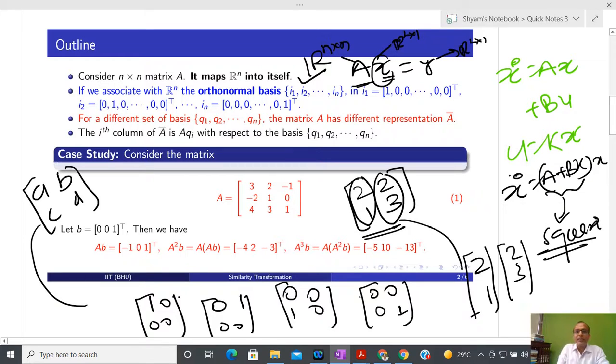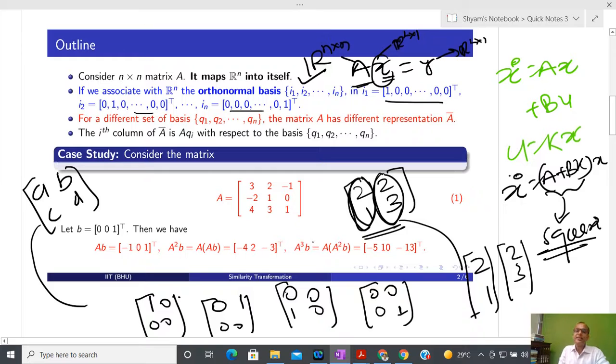Okay, so due to that reason, associated with Rn, actually n cross n, it means that I am now going to represent the whole matrix by column vectors. Okay, so one orthogonal basis, if you are going to represent in terms of column vectors, at that time that is like this, and like this. Anyone has confusion?